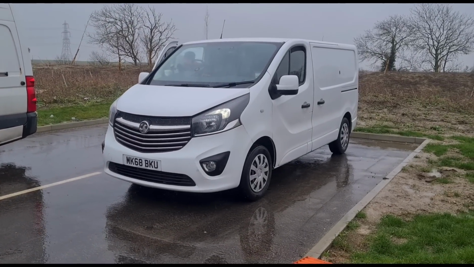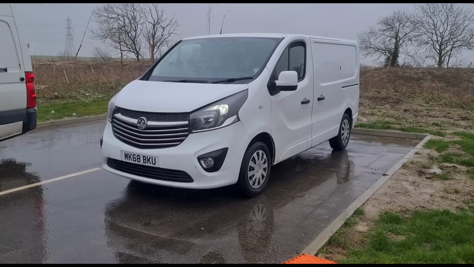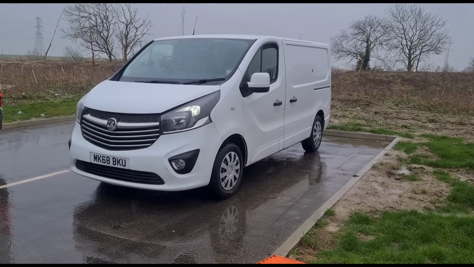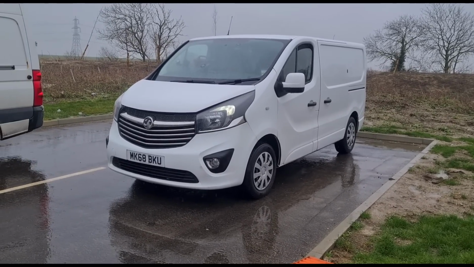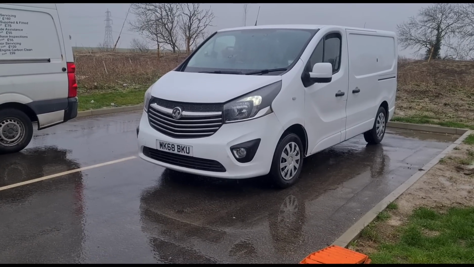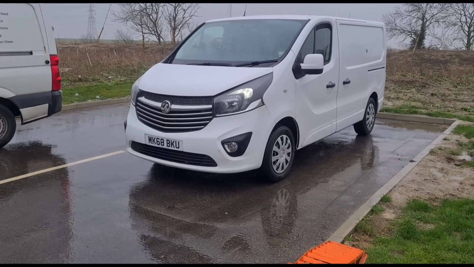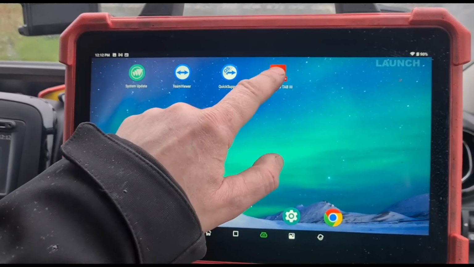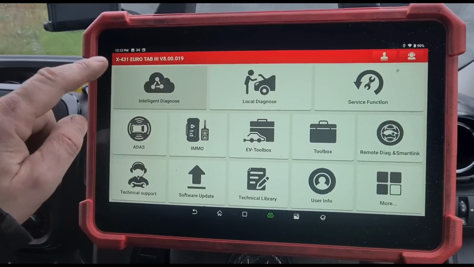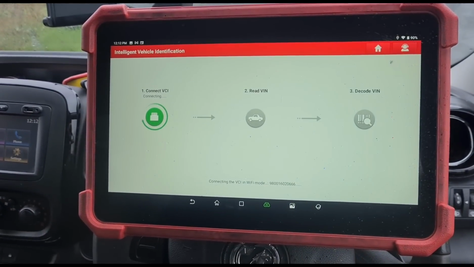It's probably going to be the same sort of job, but we'll go through this one as a Vauxhall, because I know some people can't find the videos when they're looking under Vauxhall Vivaro. So we'll do the scan as a Vauxhall on this one. I like to do it as a Renault Trafic, it's a little bit easier, but we'll go through it now and I'll show you. Okay, so we're going to use the Launch UK Euro Tab 3, go to Intelligent Diagnose,